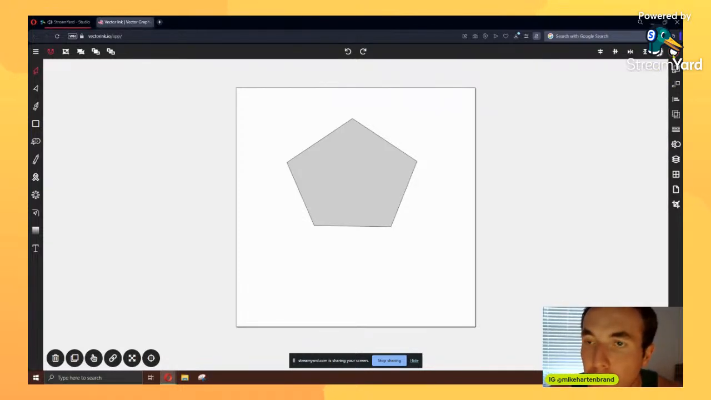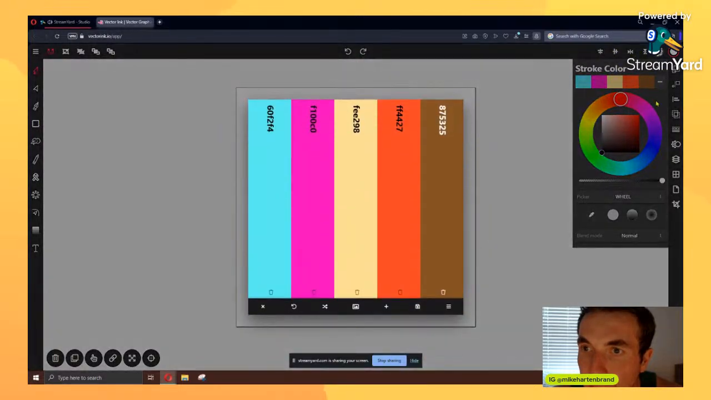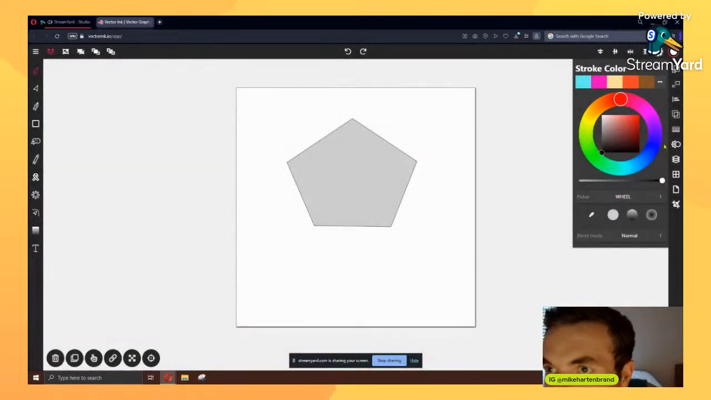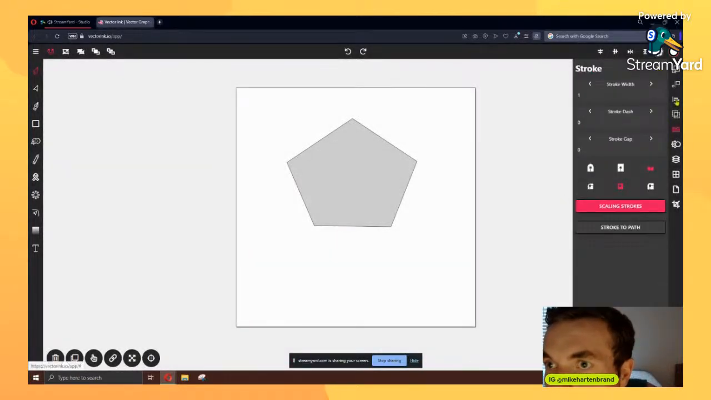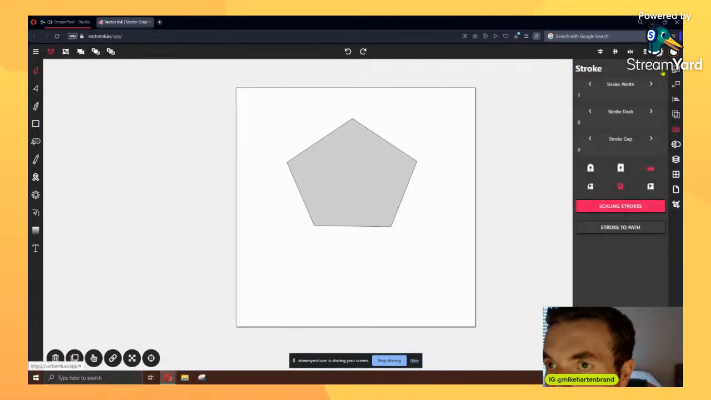Let's see. Picker wheel. Flip. No. I wonder how I got that size. Let's see. Okay, so I click this and exit out. Okay, so it opens up both. So if you just exit out the color, then we can change the width here to, let's say,